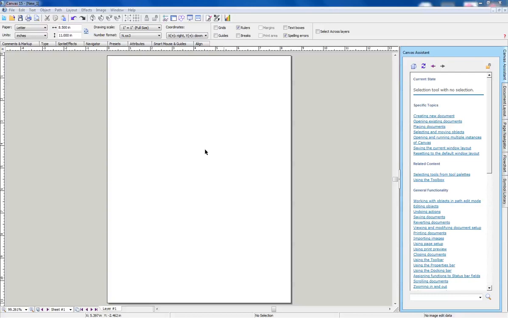In this video, adding special effects to text will show you how to add the effects to text that you will create for your design for your shirt. So we have created a new document here, and we're going to type some text in with our text box